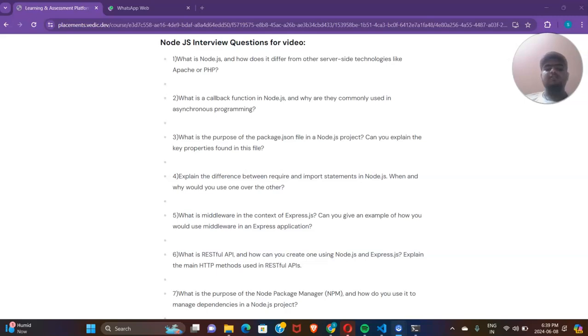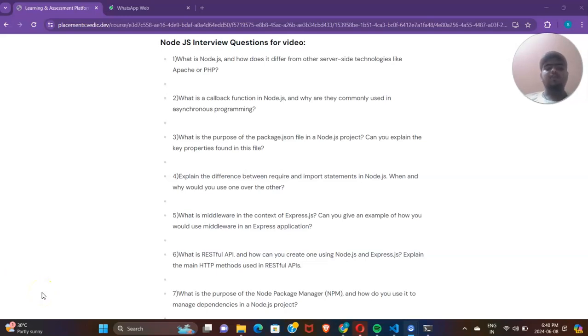Firstly, Node.js is software that allows us to run JavaScript code on our computer. It is commonly used for building websites and web applications because it allows users to use JavaScript code for both front-end and back-end purposes, whereas Apache and PHP are used for back-end purposes. For example, you can use Node.js to create a web server that listens for requests from web browsers and responds with the appropriate content.